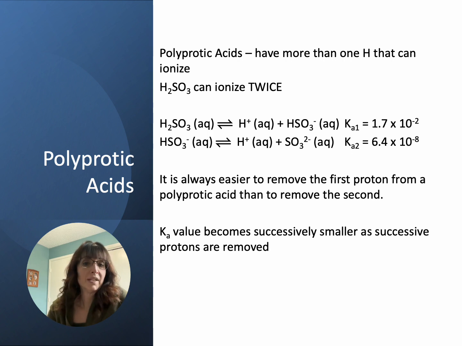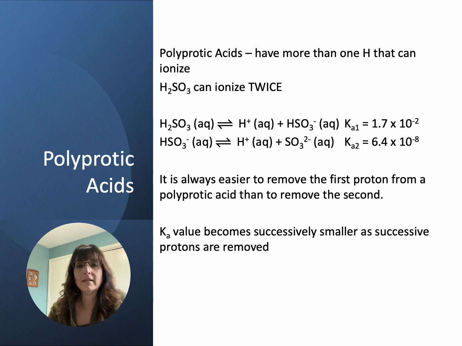Well, so far we've only been talking about monoprotic acids with just one H. What if you have more than one? Well, even if you have just H2SO3, it can ionize twice. And if you look at the first equation, well, it loses an H to form an H plus and an HSO3 negative, and it's got its own Ka value. Can't that HSO3 lose an H? Yes, it can. And so there's another